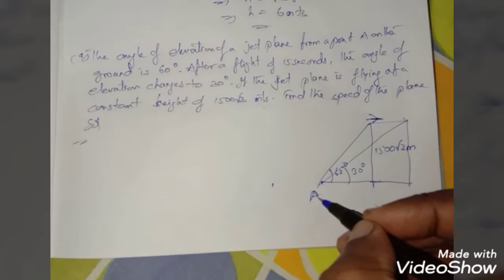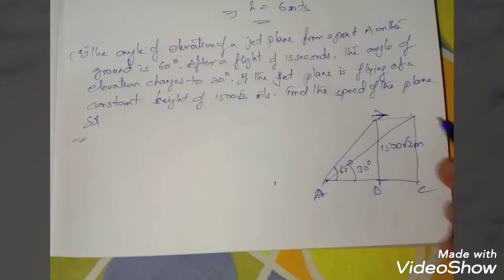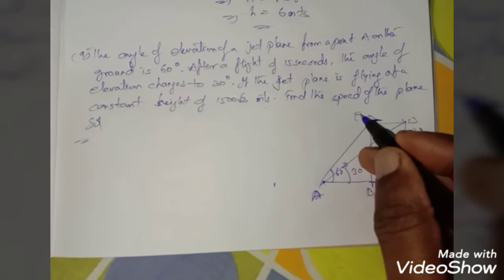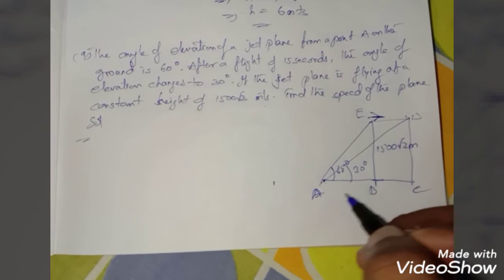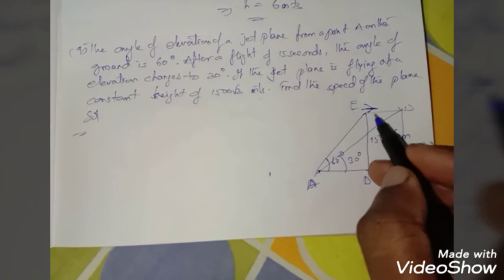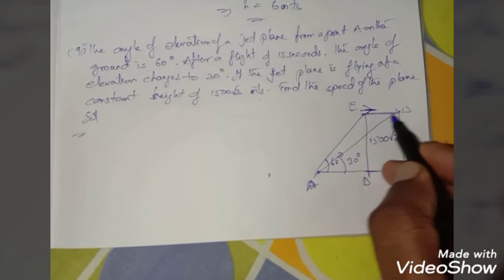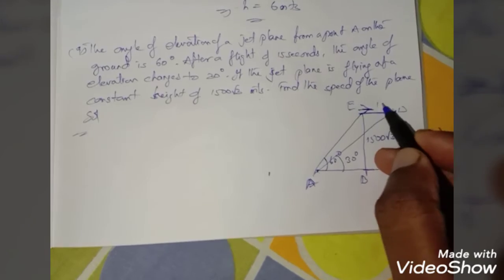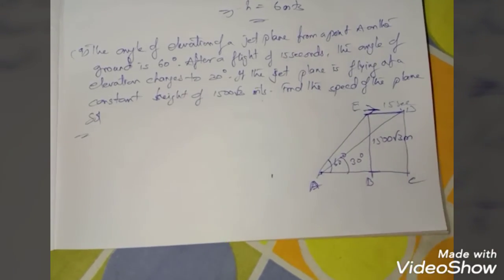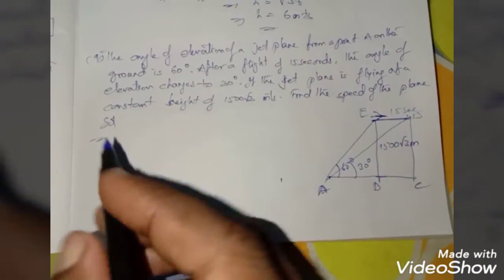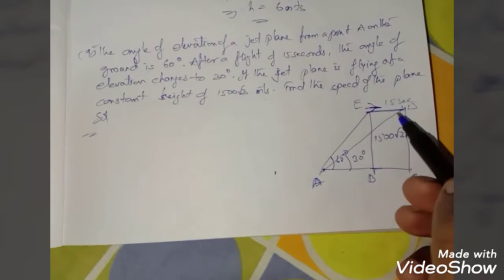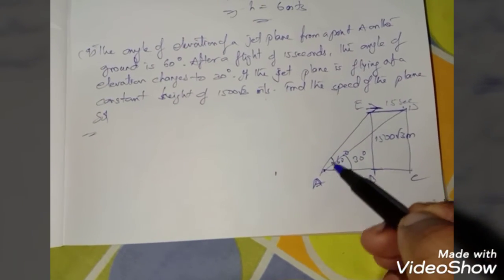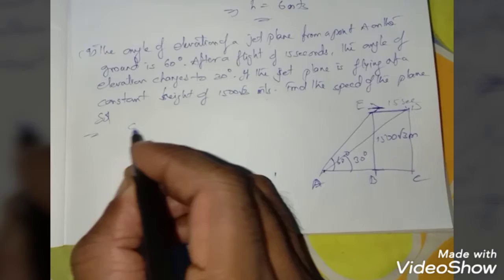Now here we denote the points A, B, C, D and E. We don't know what the distance is, so first you find the distance between them. But we know the speed, since the time is given as 15 seconds. So based on those values we have to find it. First you have to consider a smaller triangle, that is, consider